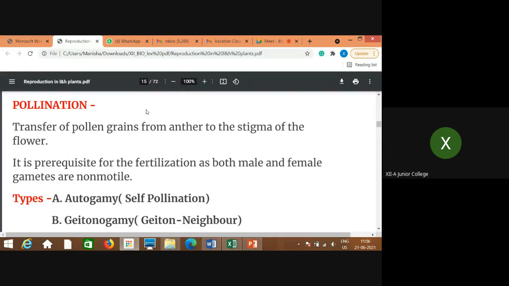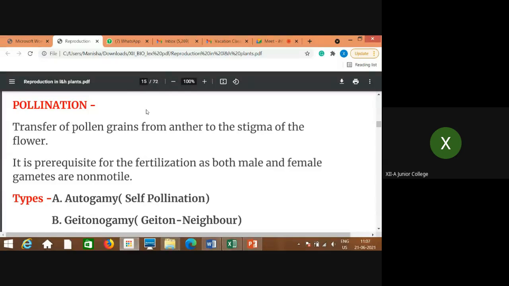So pollination is nothing but pollen grains are transferred. That is transfer of pollen grains from anther. Where the pollen grains are situated? Obviously in the male reproductive part. What is that male reproductive part? Stamen. And what is the actual fertile part of the stamen? That is anther. Then from where do pollen grains are produced? In the anther. So these pollen grains are transferred from anther to the female.